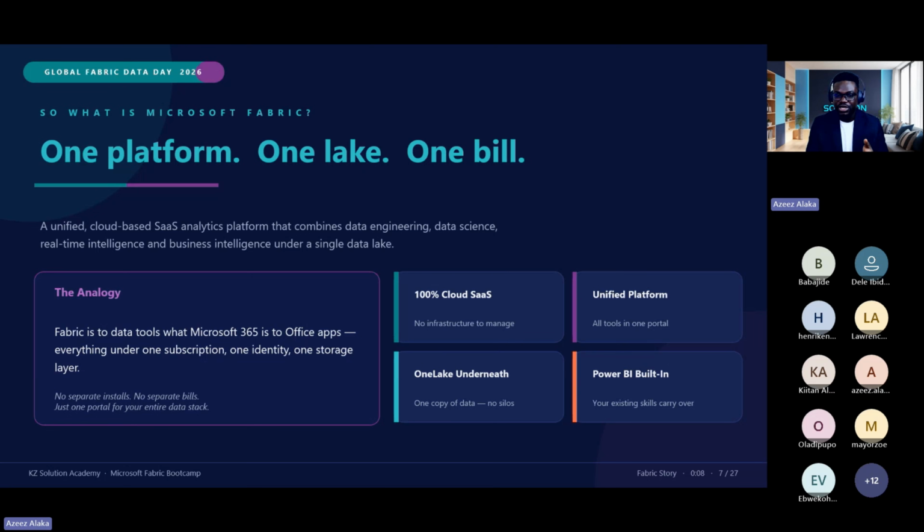Import mode means you are importing your data into Power BI memory. The disadvantage is that if you have a huge amount of data, you will not be able to do that. Also, import mode is not real time because you have imported the data into Power BI memory, which means if there is any new data added to the data source, it's not going to reflect until you refresh the connection.